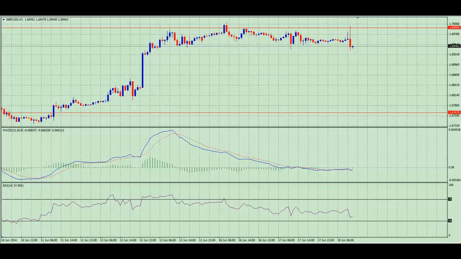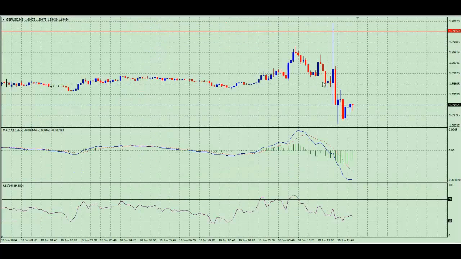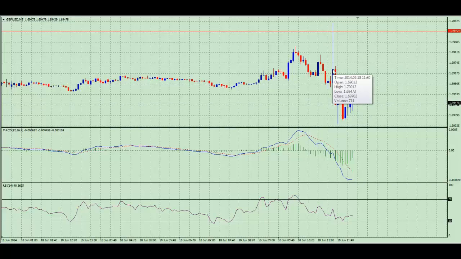which, if we go down to the 5-minute chart, gives us a very nice entry. If we look here, we see that this spinning top right in the middle of the formation is where price rallied. This is when the news came out. This is a 5-minute candlestick, and it closed just as the news came out, and it rallied all the way up to this line of resistance that's based on the 1.70. It's actually the 1.6996 just there, so it's just below.